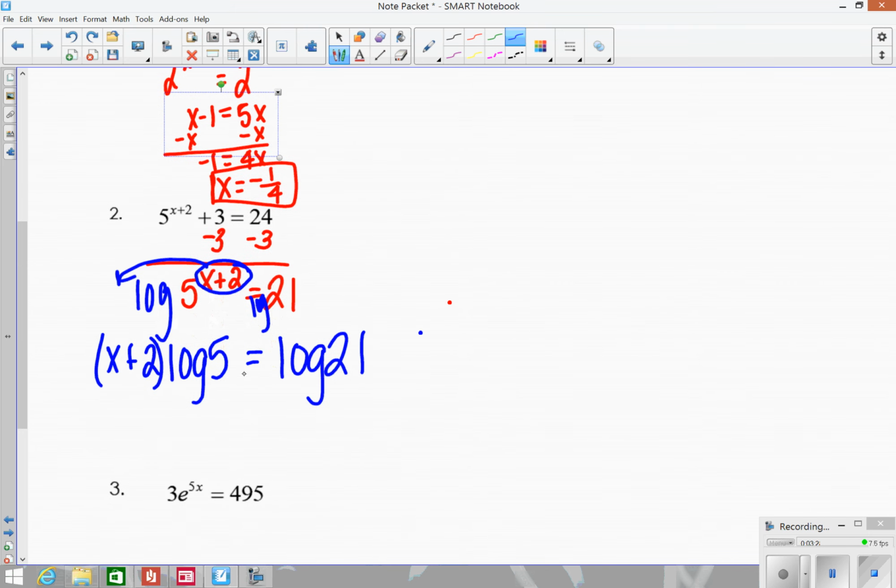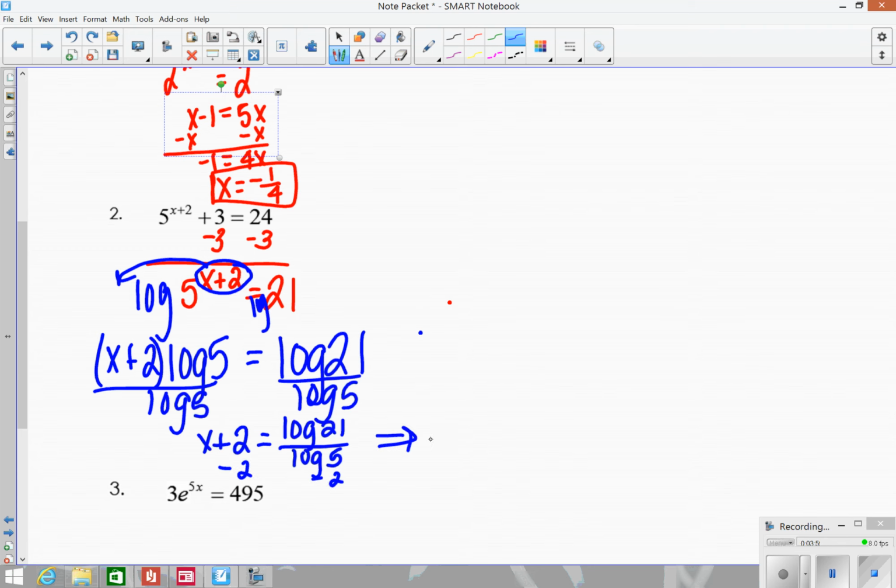So then from here, in order to get x plus 2 or x by itself, I'm going to first divide everything by log of 5. So I end up with x plus 2 equals log of 21 over log of 5, and I'm not going to put that in my calculator yet because then I end up with a decimal, and it's a lot easier just to write this than to get a decimal, because you don't want to round until the very end. So just make sure that if you do the decimal, you do everything that you see in your calculator. Subtract 2 from both sides. So we end up with x equals log of 21 over log of 5